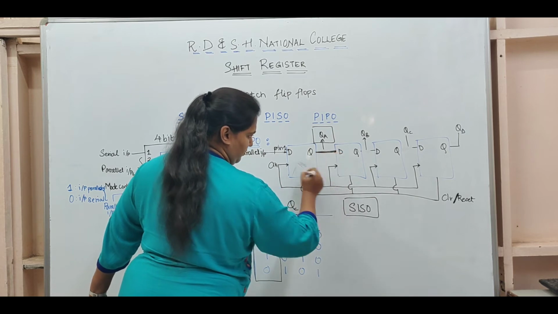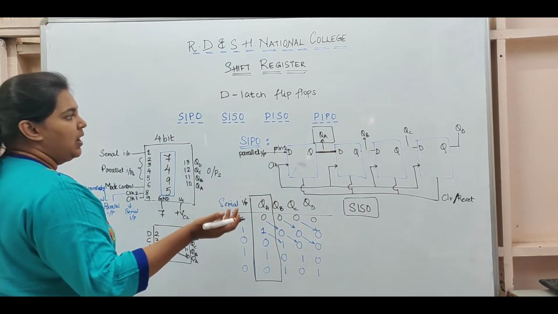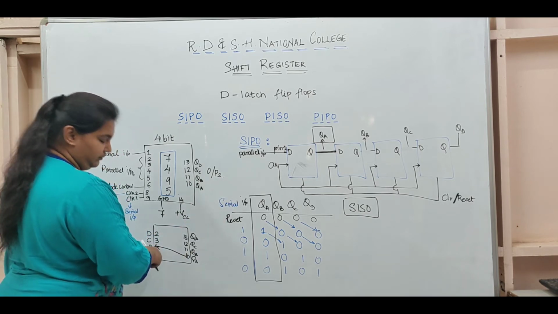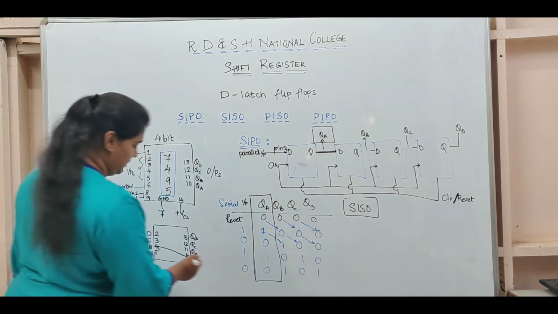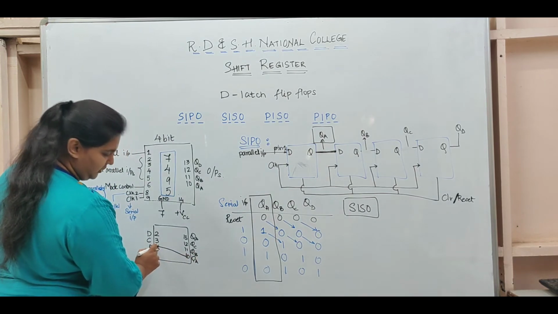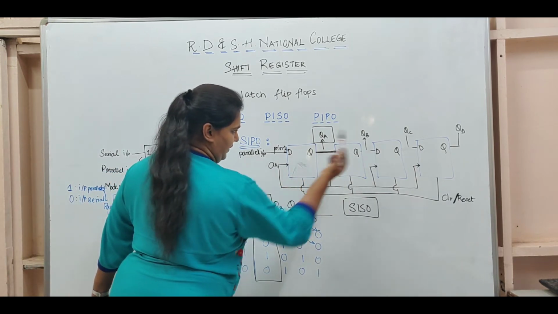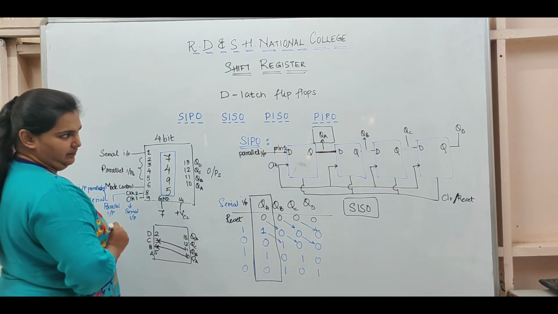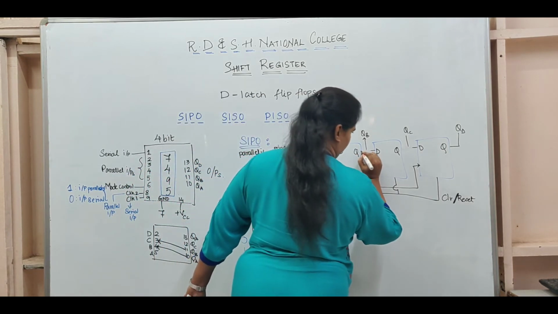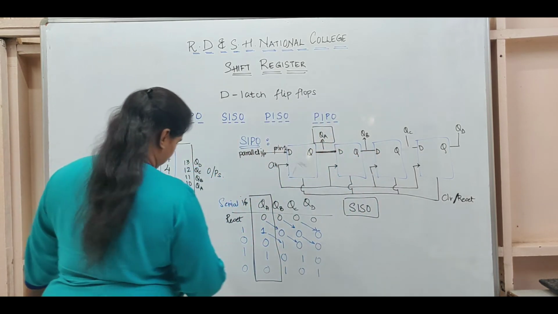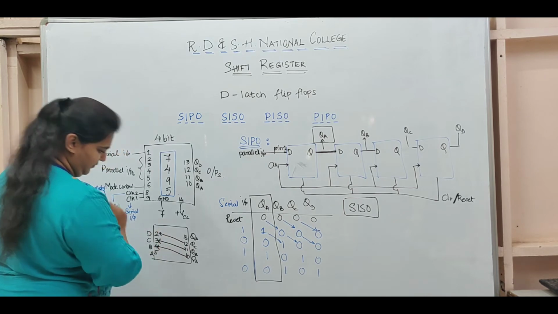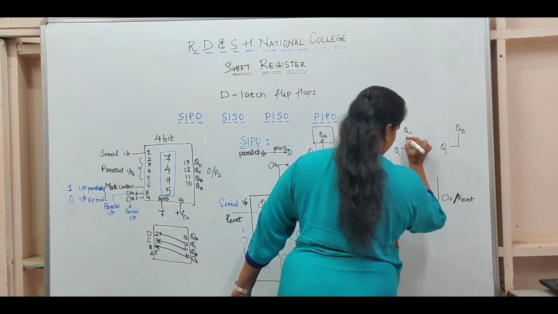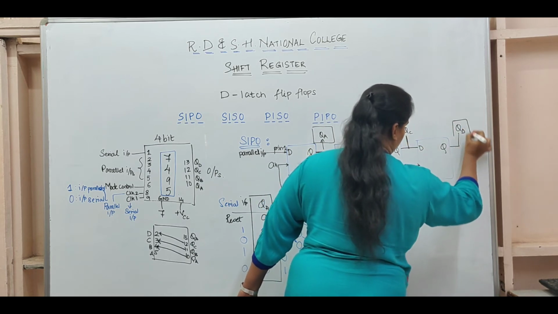You can either give out separate data also, that's your choice. But since I want just one output, I'll give this here. Next, this QB: whatever was reflected on B, which is here, will reflect on QB. This QB then I'll connect to C. So I have connected my QB to C. This C I will connect to D. So I have connected this here. And finally, I get my output on QD.